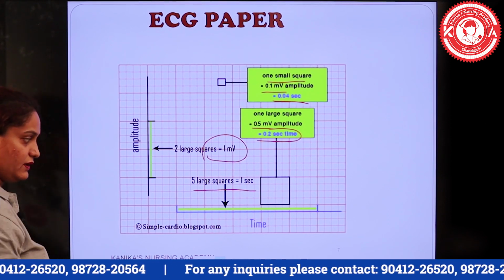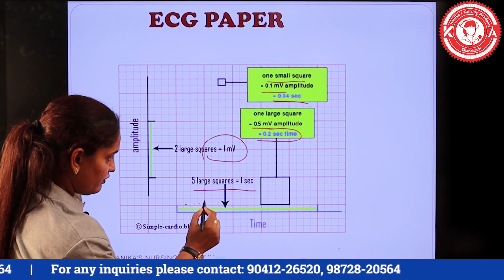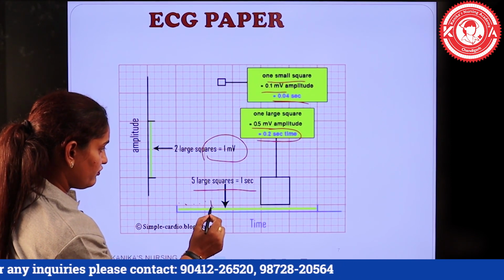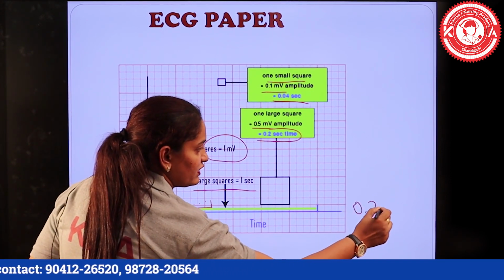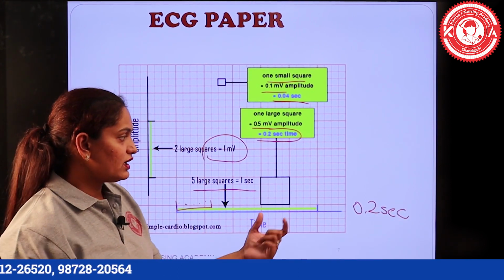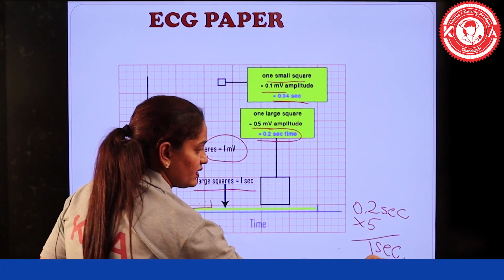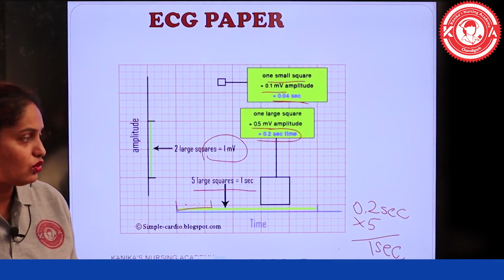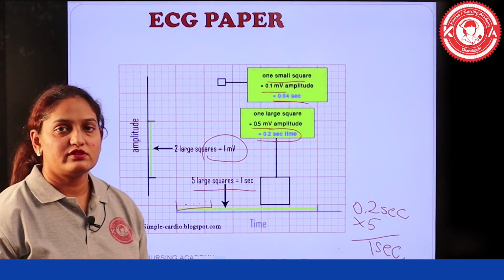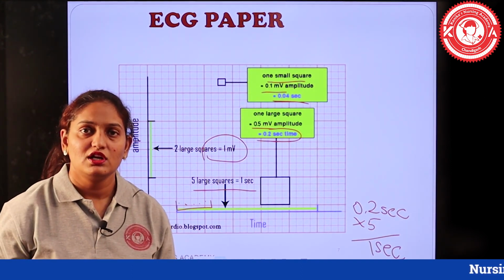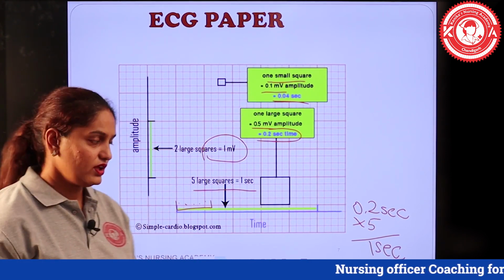Okay, ये चीज़ हम देख लेते हैं। We have said that 1 2 3 4 5, okay, these are the 5 boxes, और 5 boxes जो बनाते हैं 0.2 seconds का time। ओके, तो अगर मैं इसको बड़े boxes 5 होंगे मेरे पास, तो ये हो जाएगा 1 second का time। इसकी भी importance हम देखेंगे, why it is important to note the time duration 1 second, 0.2 second, 0.04 second, because we need to know the normal duration, only then we will be able to identify the abnormal duration or the abnormal formation of the waveforms.